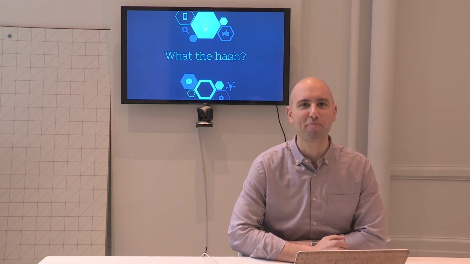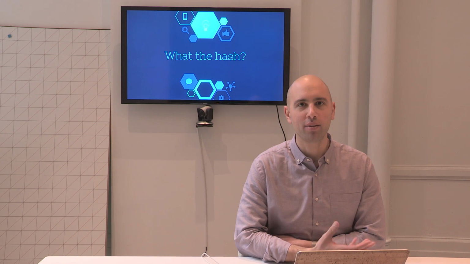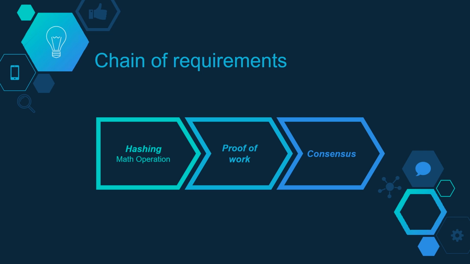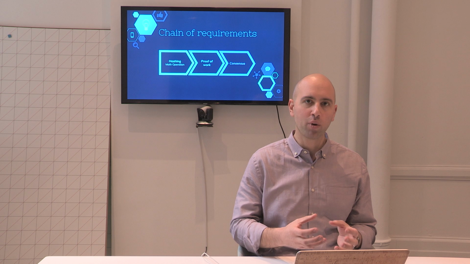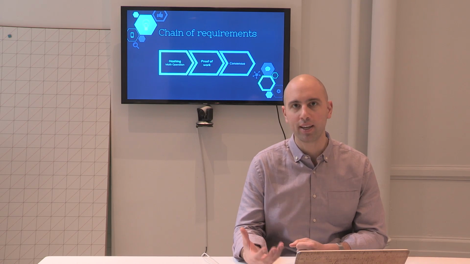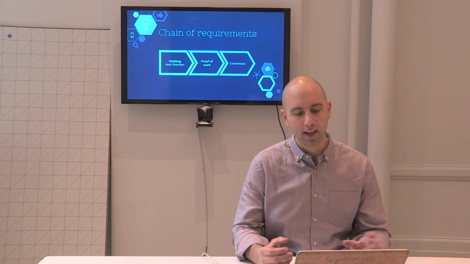What the hash? In this video, we're going to go over what a hash function is and how it's used in Bitcoin or blockchains in general. A hash function is probably the most important mathematical operation that is used in Bitcoin. It's needed for what's called proof of work, and proof of work is the vital component in what is called consensus. We're not going to get into consensus in this video, but we'll cover hashing and how it leads to